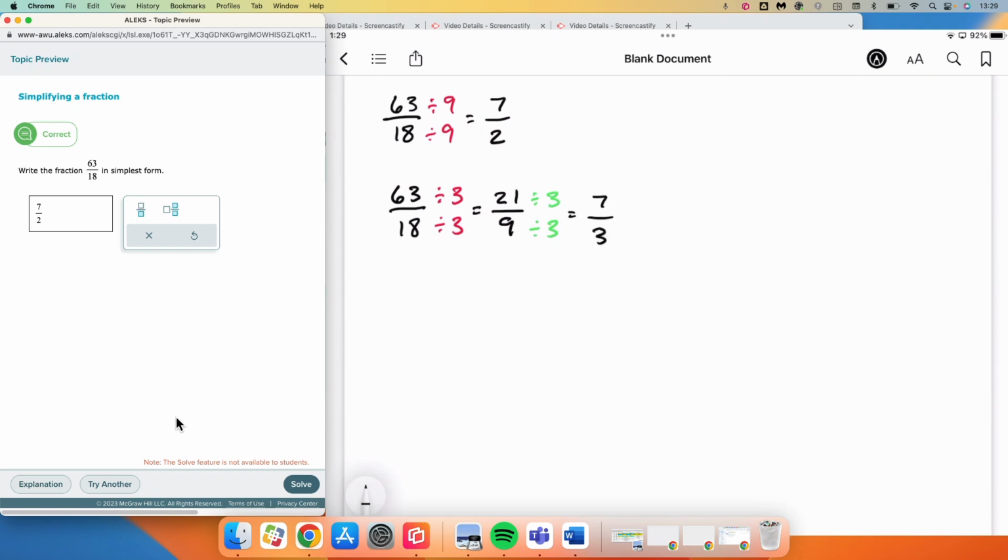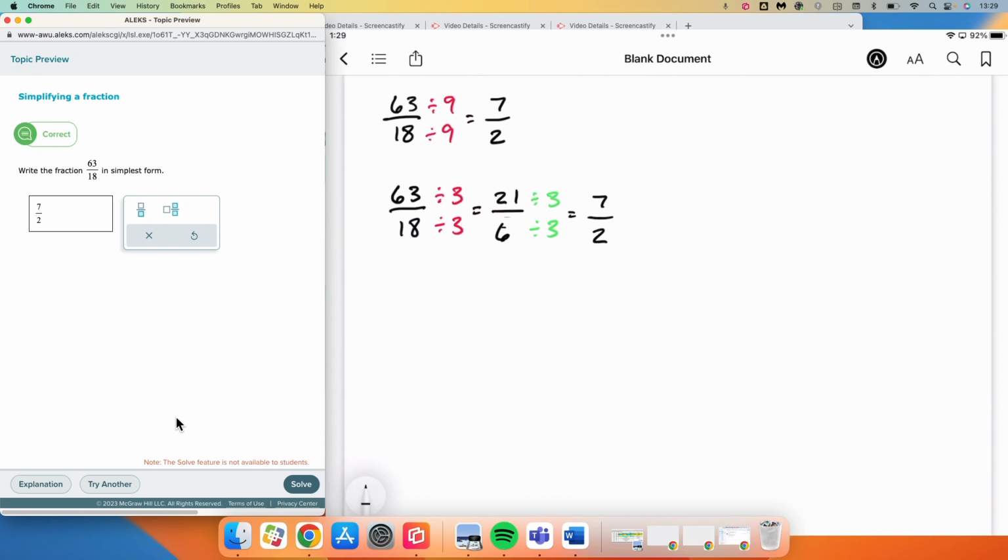Oops, that shouldn't be a 9. That should be a 6. I was trying to figure out what the heck was going on there. So Schlegel makes mistakes once in a while. We all do. All right, so we would still end up with 7 over 2 as our fraction in simplest